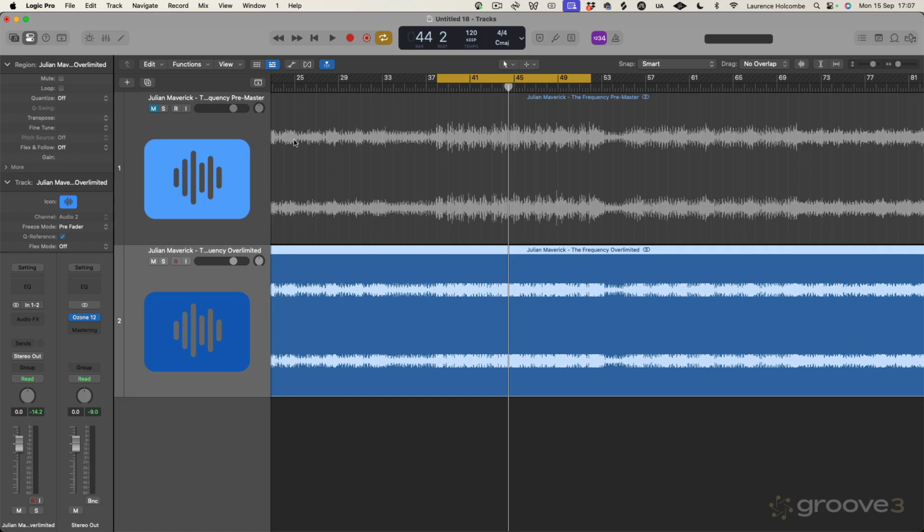So whenever you want something to feel like it's coming from closer, you increase transient information. More transients means something appears closer. So by using Unlimiter on this over-limited version of the track, we're able to comparatively increase transients, and by definition we're working with those binaural cues that our ears and our brain use to perceive distance. The transient information increasing means that suddenly the sustaining information is going to feel further away,